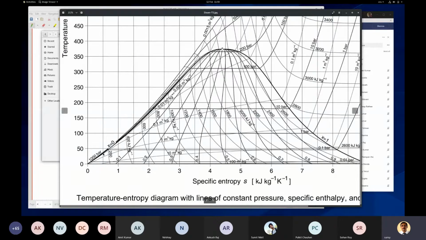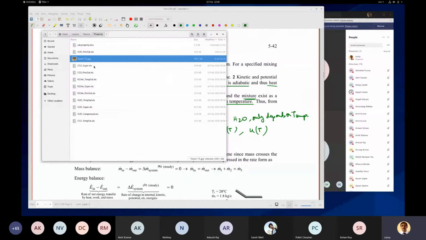So here, at saturated condition, it will have some enthalpy. Similarly, at 60 degrees also it will have enthalpy, right? So at 60 degrees centigrade and 20 degrees centigrade, we have to see what the enthalpy is. That is the enthalpy that we will use, right? If you want to be more accurate, then what do you have to do? You have to use the